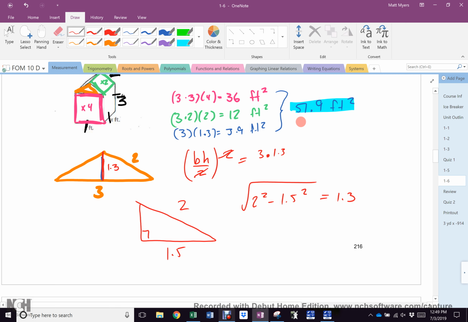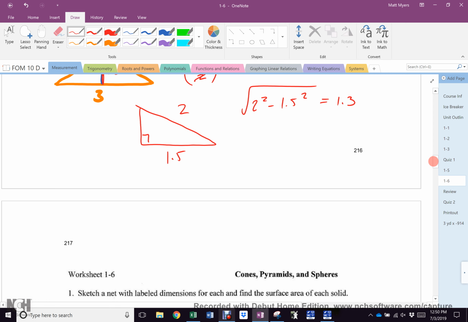Everybody cool? And once again, nothing new here, right? We already know how to do Pythagoras. It's just applying it in a different spot. Good? All right. So you have your quiz, I will tell you now, is 1, 2, 3, 4, and the